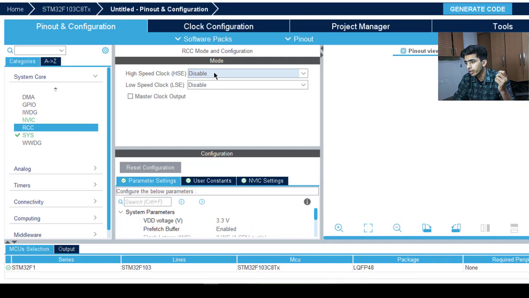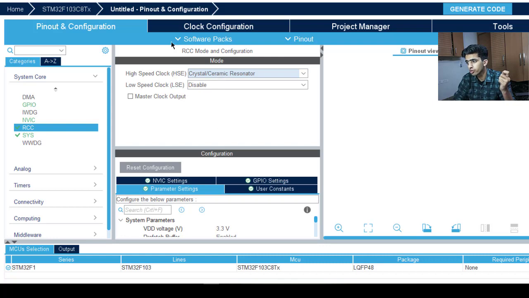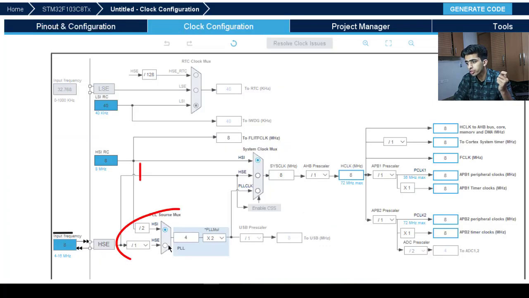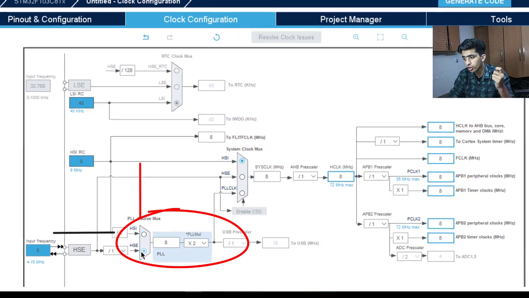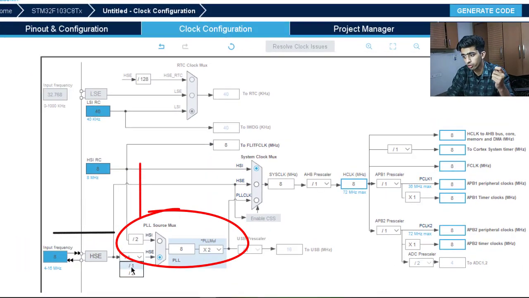Like in the pinout and configuration, in the high speed clock, you just click on the crystal ceramic oscillator, and now you go to the clock configuration. Now you can see HSE is enabled. So if you go to the HSE, there is a clock divider, so we need to configure these things. Divider we need to provide.